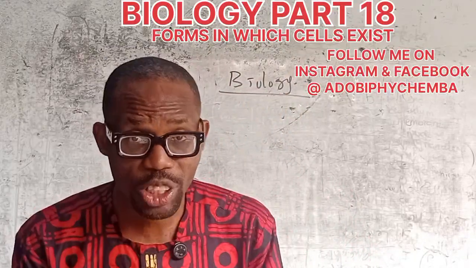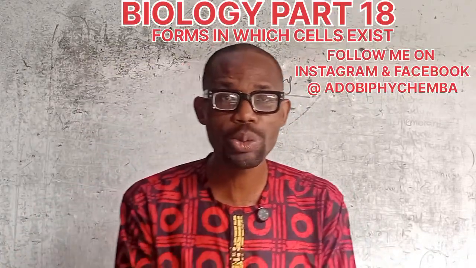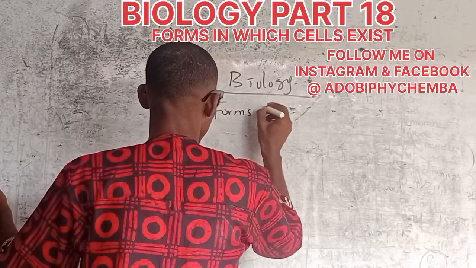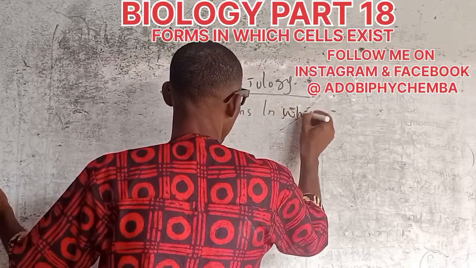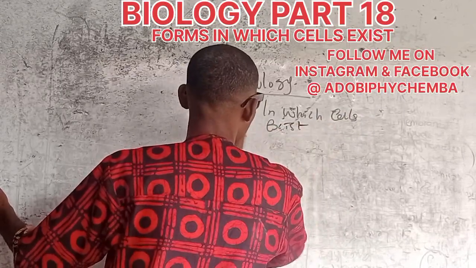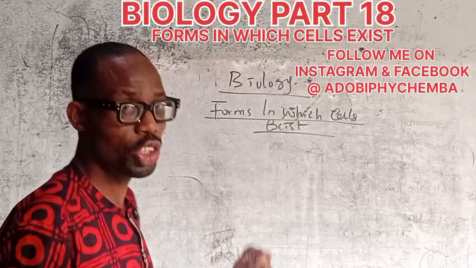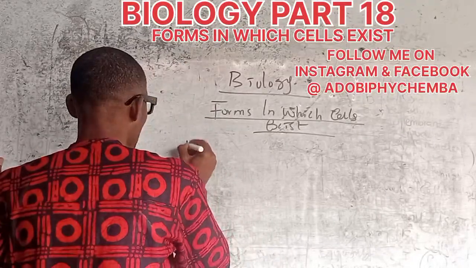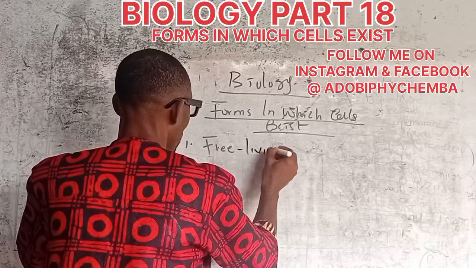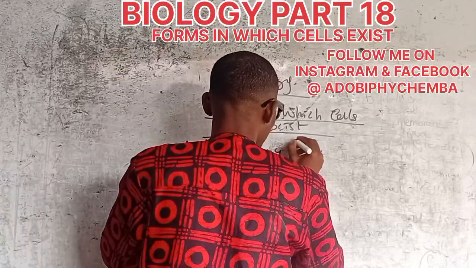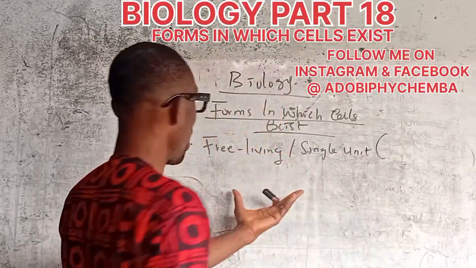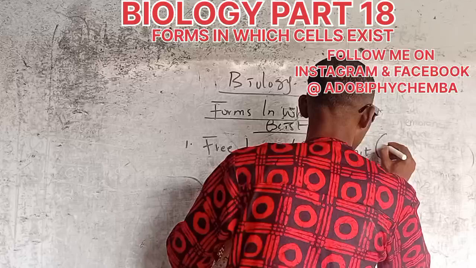Hello. In the previous video, we've been talking about forms in which cells exist. And I told you, in those videos I showed earlier on, number one, I told you that cell can exist as free living or single unit. And then when organisms show this kind of feature in this state, we call it a